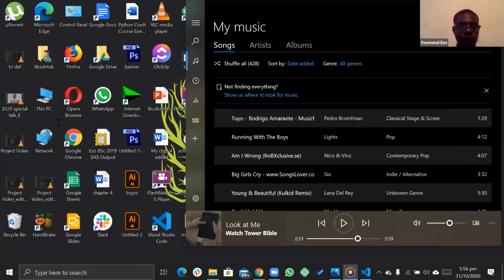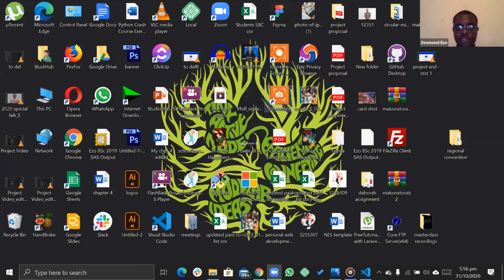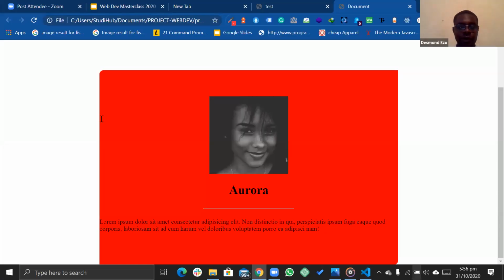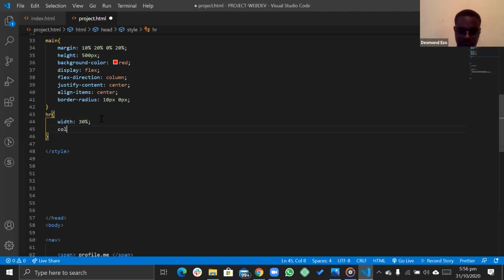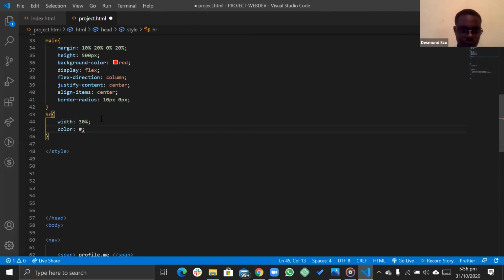we're going to add a width to the horizontal row, and we're going to give the width 30% of the entire screen width. So 30% of the full screen width is what we are going to use for the horizontal row. If we refresh, you notice now that the horizontal row is present. And we can give the horizontal row a color. Let's give it a gray color. This is a hex color code. So we can give it something like ED.